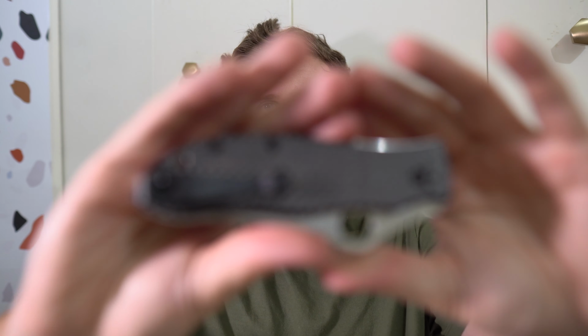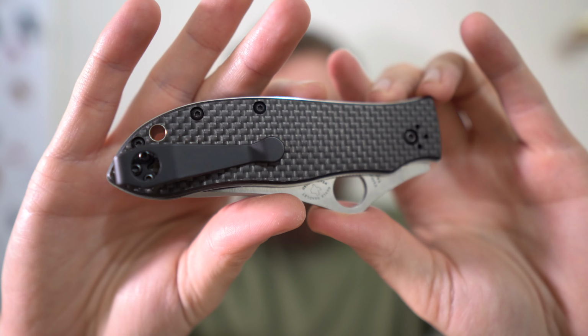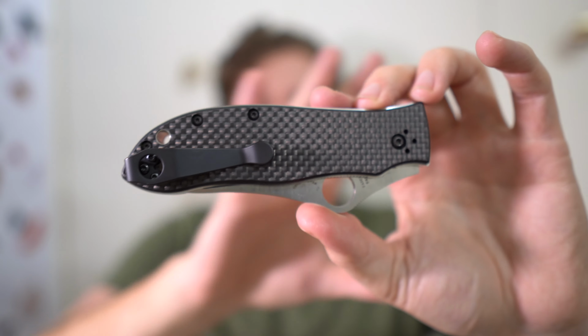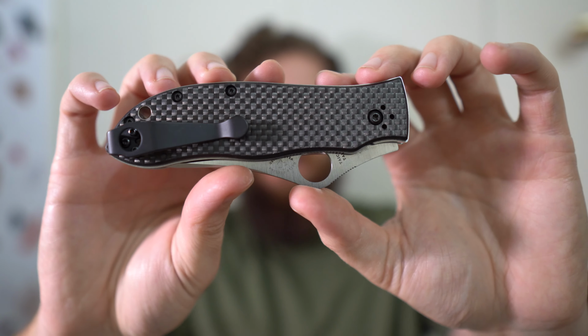I think they're actually wearing the same clip too, which is funny. So this is a black Lynch clip. I think this knife looks pretty cool. I do think overall the lines of the GB2 are a little more attractive to me. They're both kind of funky looking knives, but the GB2 is just like, it's one of the best working